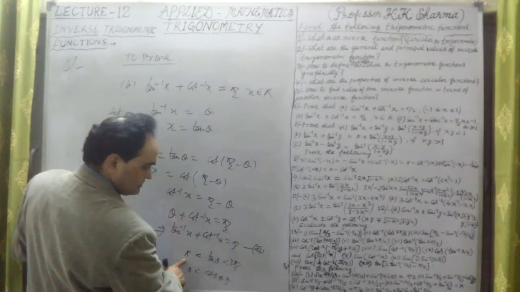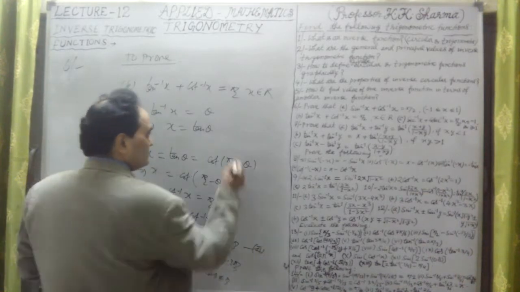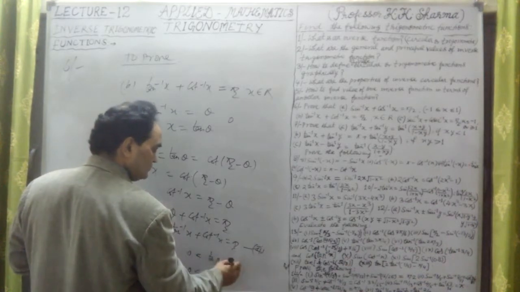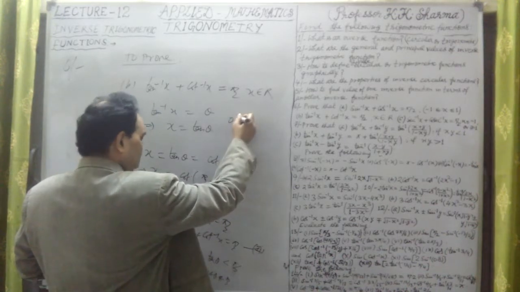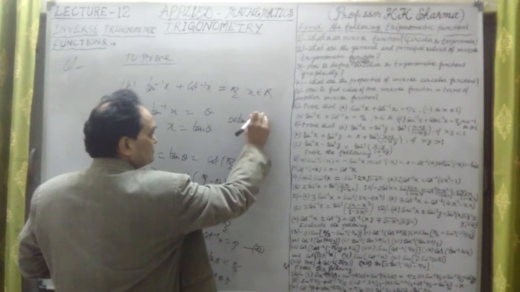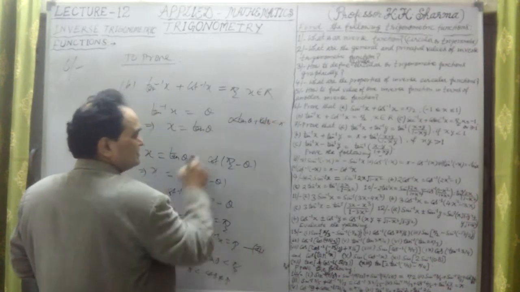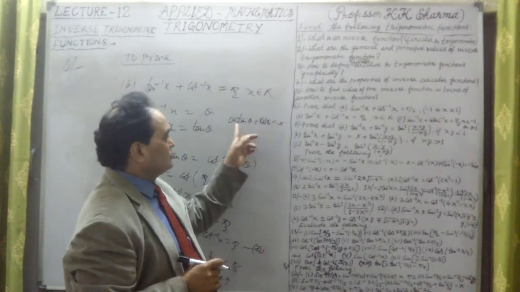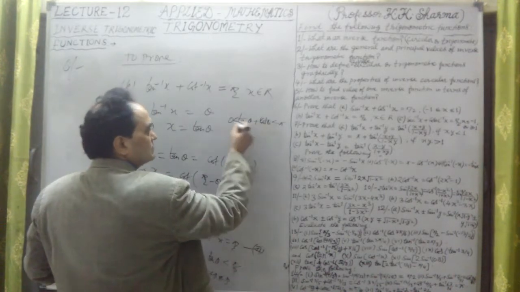In the first quadrant, this is 0 to pi by 2, 0 to pi by 2. When both are added up, I take this as 0 to pi in the first quadrant, because both are positive only in the first quadrant. That means when both are added up, tan theta plus cot theta is less than pi. So pi by 2 plus pi by 2 is pi. So the sum of these two lies between 0 to pi. Okay, 0 to pi means in this it is negative, we will take that as negative, but if I divide it by 2,